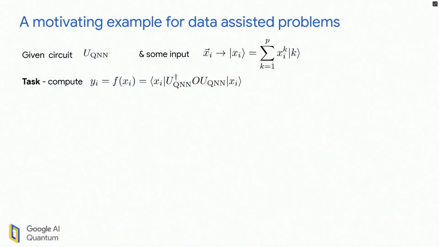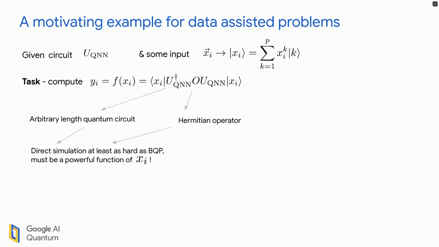So I'm just going to put them in and use them as amplitudes once I normalize them in a quantum state. And so I'm going to say that my task is to compute the expectation value of some other operator O on this circuit. If you don't know too much about quantum circuits, all you need to know is this will be a very long one, and this is something that we should have that will be very hard classically. Because this is an arbitrary length quantum circuit,